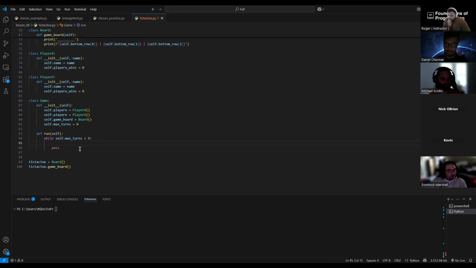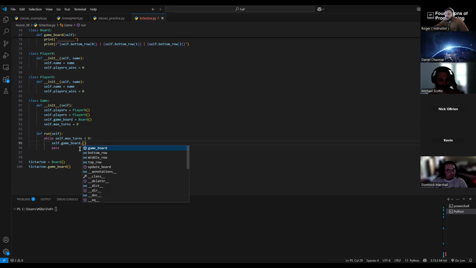Do you just do it like a return function, or you just say self dot game board? You call the variable, which is self.game underscore board. And then to make it use its function, you have to use dot notation. So we say game board dot